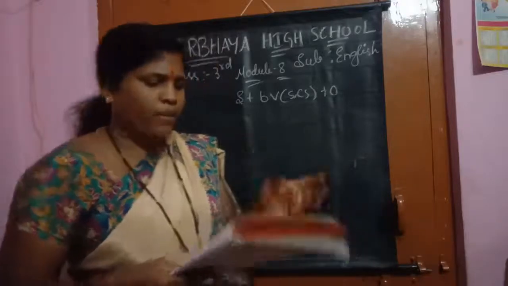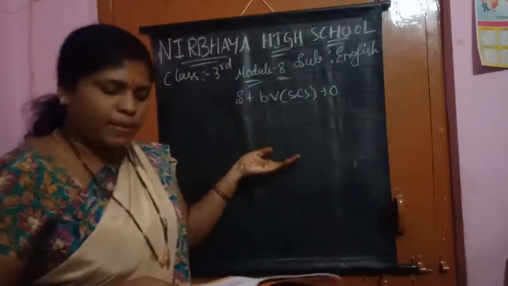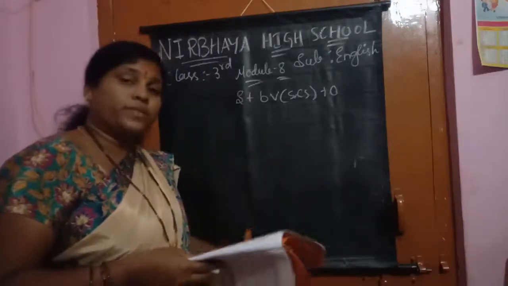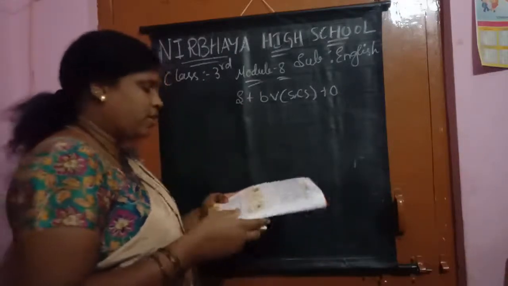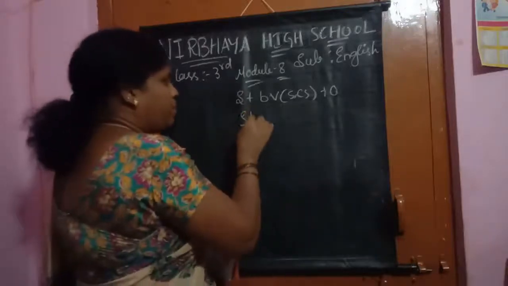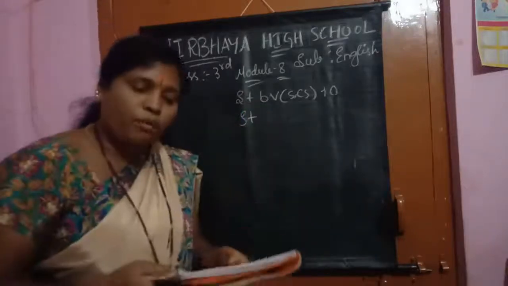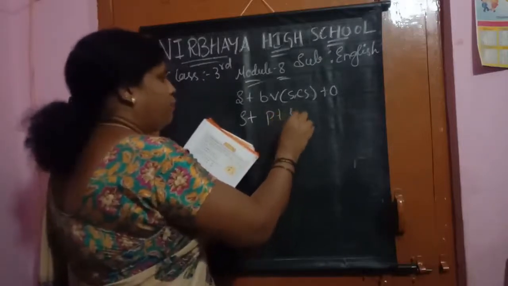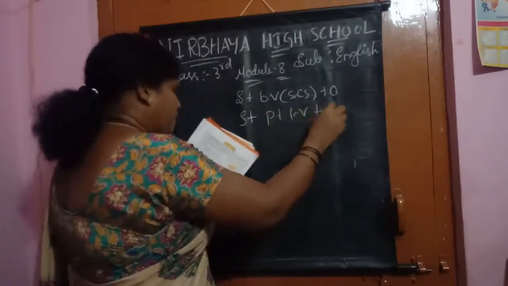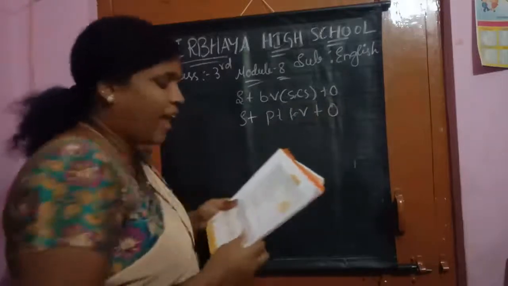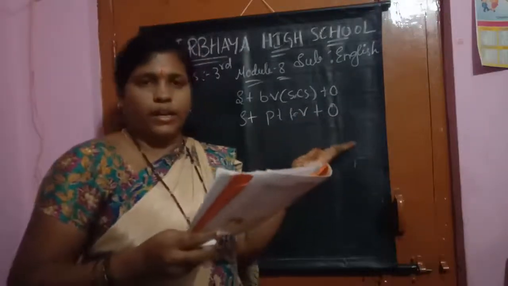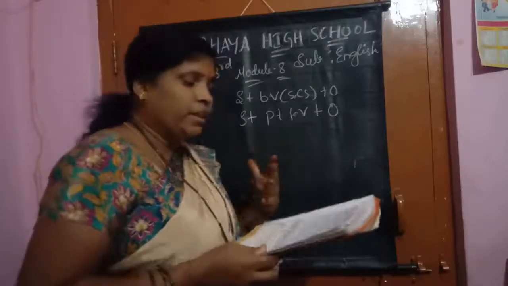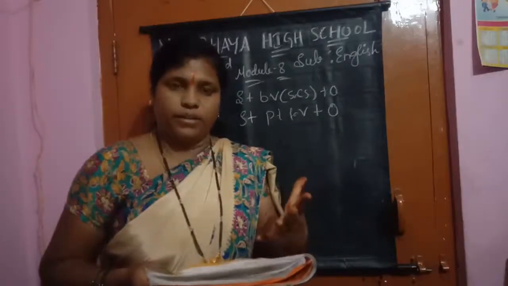Now, we have done simple present tense, and simple past tense tells about the verb which is finished. See here, children, what is the rule here? Subject plus past form of verb plus object. Here we will add ed or ied. For example, they kicked the football. Kick. Understood, children?